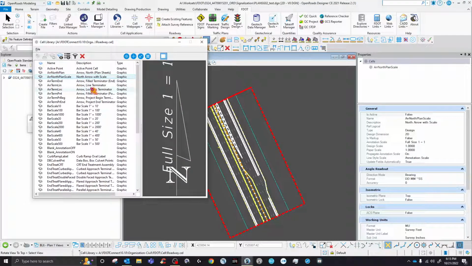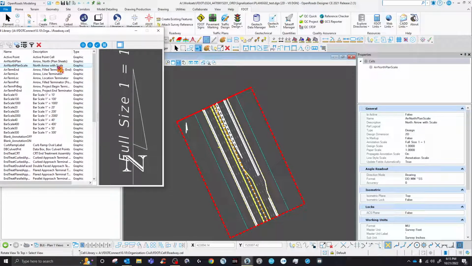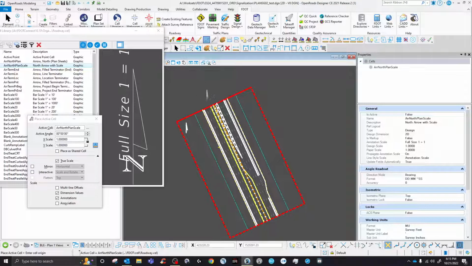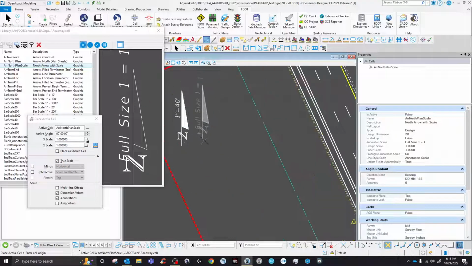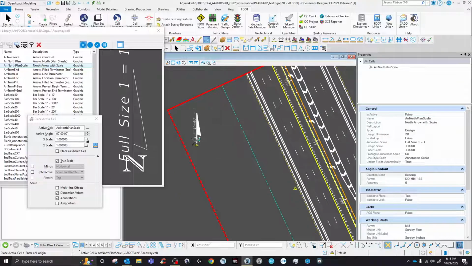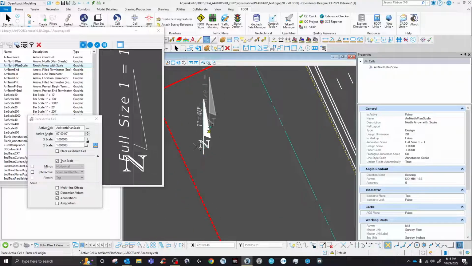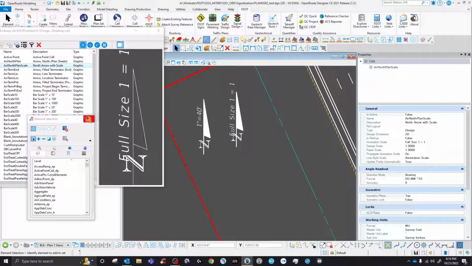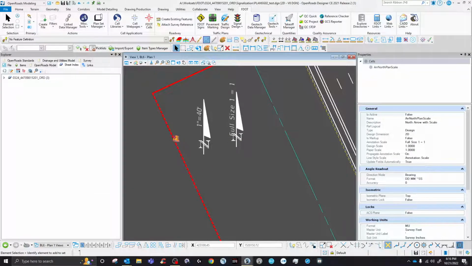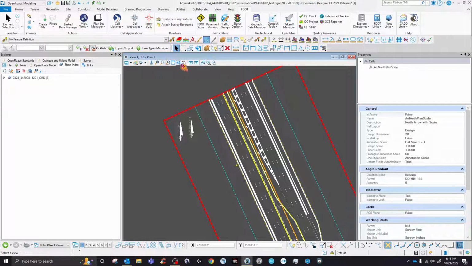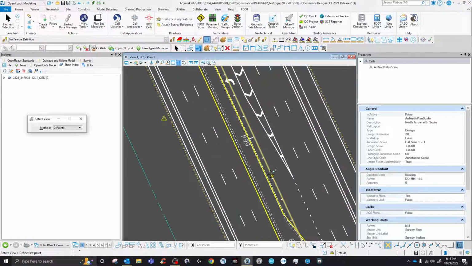And then let's just look for an arrow. This one, an arrow with the scale. So double click on it, and then it's floating in the air. Make sure it's 1:1, true to scale, and then you can place it anywhere. But look what happened. It's automatically going to be placed like this. Then put it like here, and then close, close, and then you can rotate your